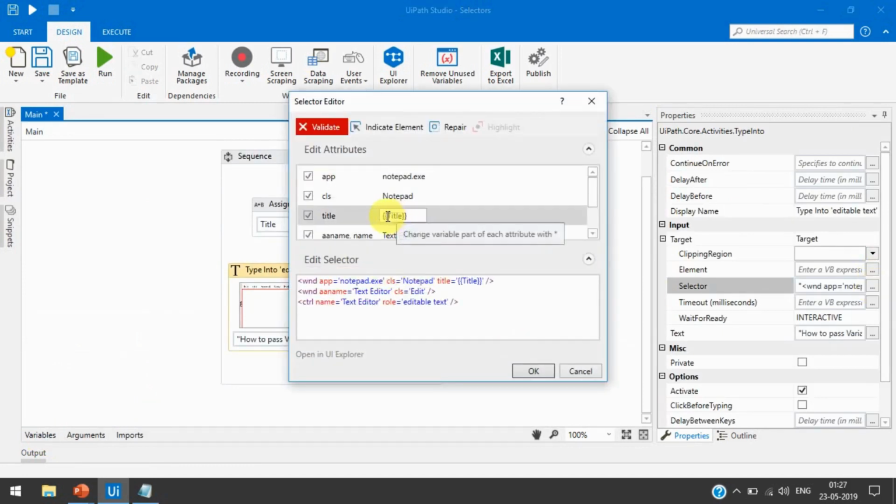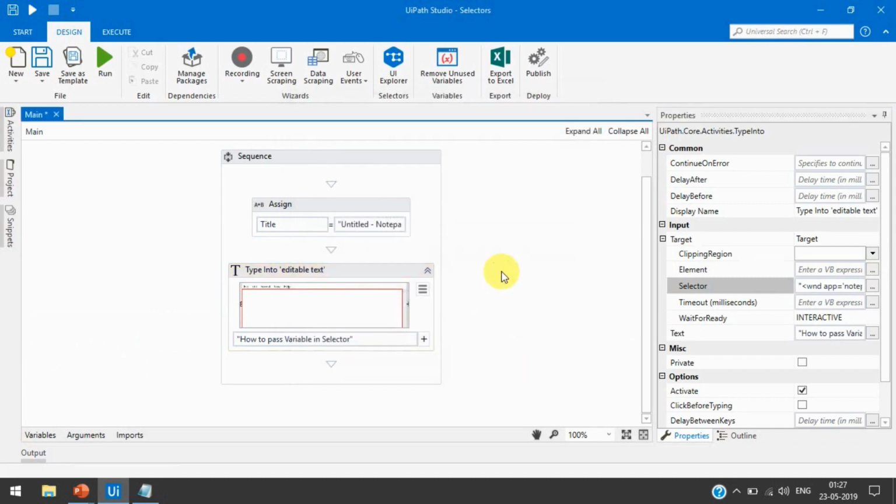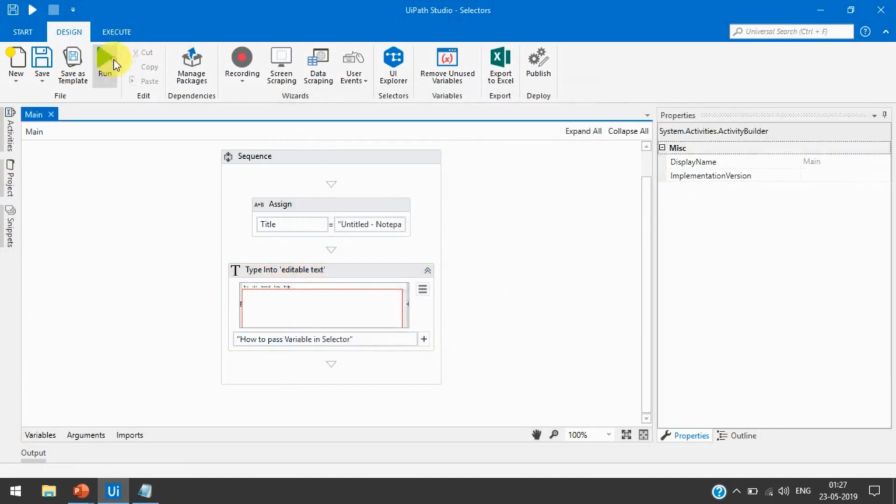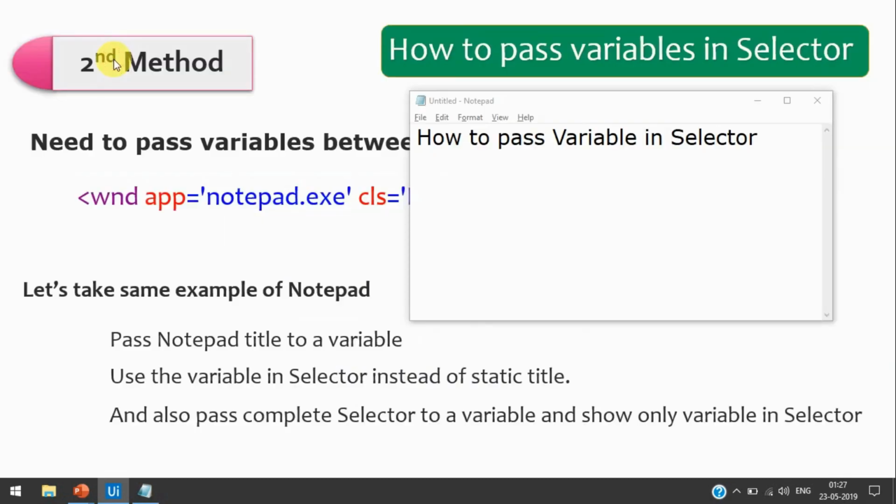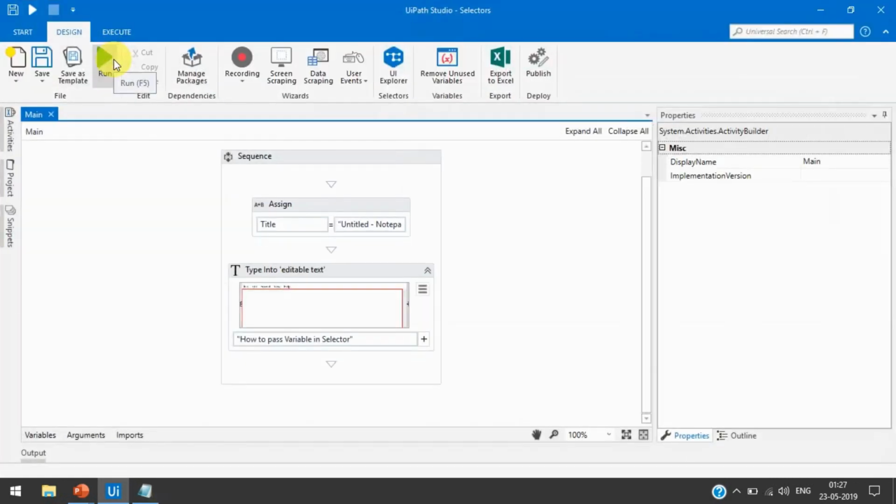We can write like this, and that should be showing here also. Okay, now press OK, and now run this. So you see here there is no issue with the selector.